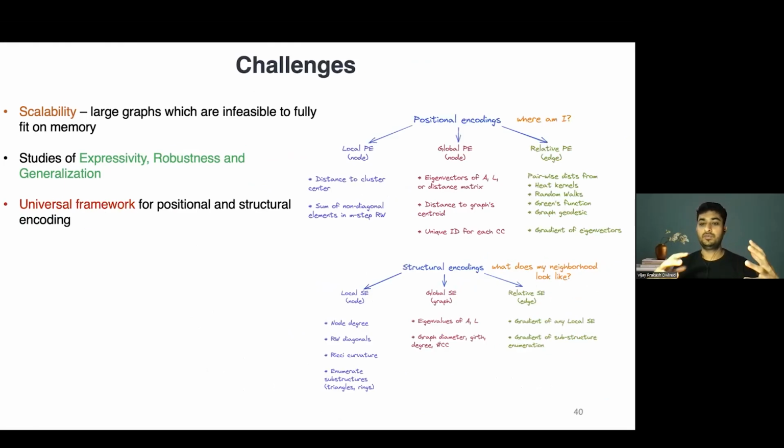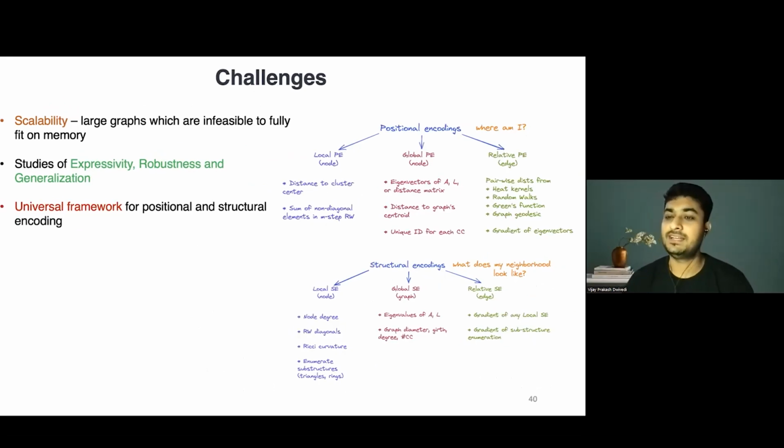Next, different positional and structure encoding mechanisms have emerged for different tasks and settings. So what is the universal framework to understand all of these encodings? Because at the end of the day, if we abstract it out mathematically, a positional or structure encoding is some output of a function of the adjacency matrix. That is common in all of these, but still the levels of information are different. So what can be a universal framework to understand this?